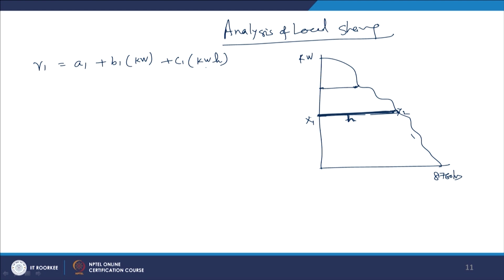So, there are three things. First is fixed cost, another is cost dependent on the capacity of the plant in kilowatts, and the third is cost as per the energy generated, right. Now, this is plant 1, this is from plant 1 and this is from plant 2. Suppose this is hydro plant, this is thermal plant. So, plant 2 is again A2 plus B2 plus C2,